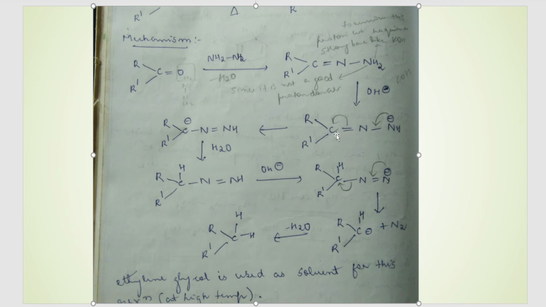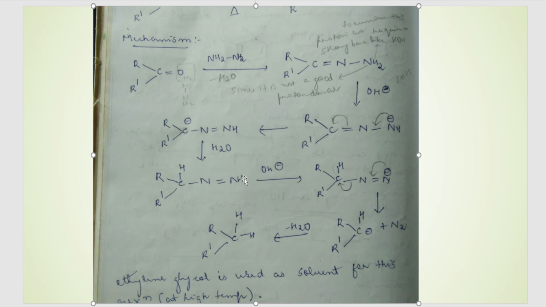This bond between carbon and nitrogen is shifted on carbon. So carbon here will get a partial negative charge. When we do hydrolysis, you know that water dissociates to give H plus and OH minus ion. The H plus part of the water will come and attach to this carbon here. Okay, and in the next step, once again, there is a base present in the reaction medium.